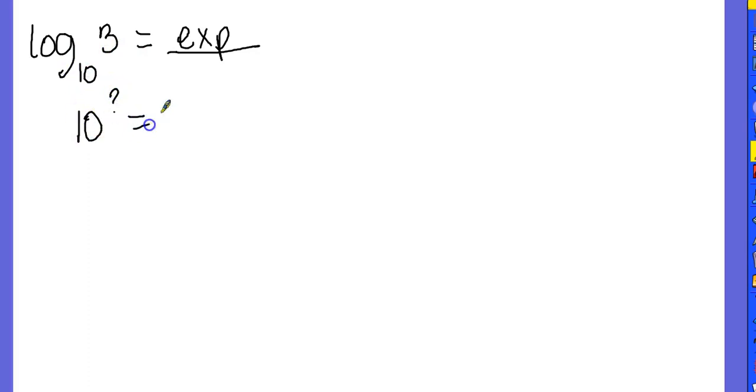First of all, remember that when we solve a log, for example, let's say I say the log of 3. And you solve it, what you're solving for is an exponent. That's what you're looking for. This really is a base 10 log that says 10 to the exponent equals 3. That's what it says. So anytime you solve a log, you're finding an exponent,